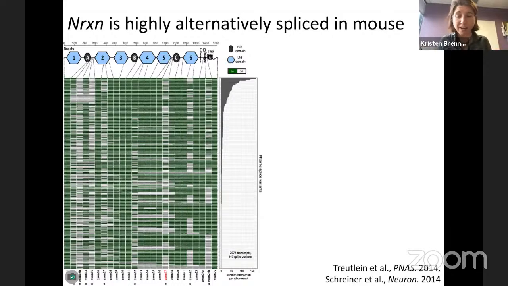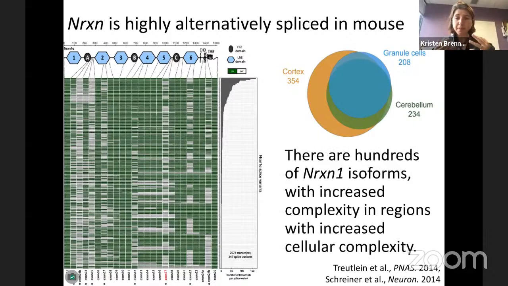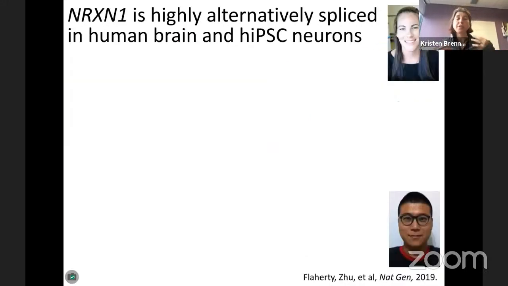And in this paper, they found 247 splice isoforms in the mouse brain. Subsequent follow-up studies have been able to show that the number of isoforms is both brain region and cell type specific, with in total greater Neurexin 1 isoform complexity in regions of the brain with increased cellular complexity. So this was all done in mouse, and before we could begin to look at IPS-derived neurons from cases and controls, we had to understand what the Neurexin 1 isoform repertoire was in humans. And so this was work led by a former PhD student in my lab and a former postdoc in my collaborator,